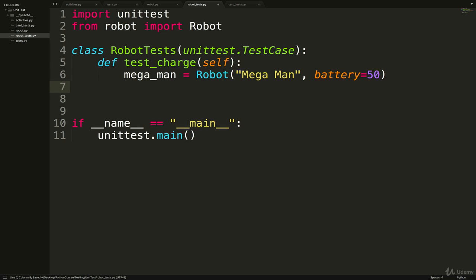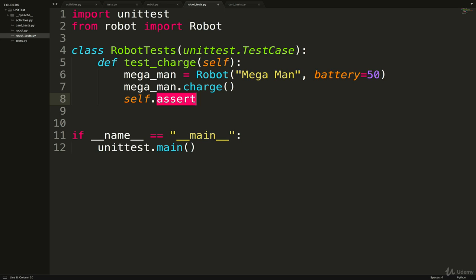So what I want to do is call megaman.charge and then test that charge is now 100. So I would just do self.assertEqual(megaman.battery, 100). And this should work, right? That's how the method is set up right now. Let's test it.